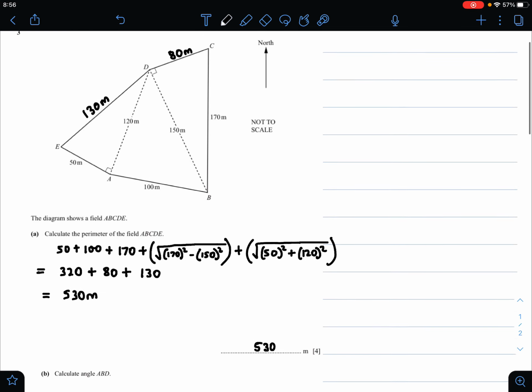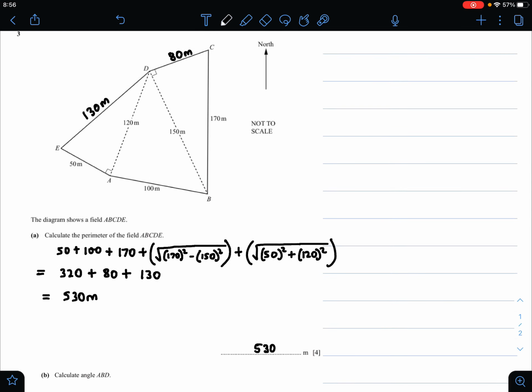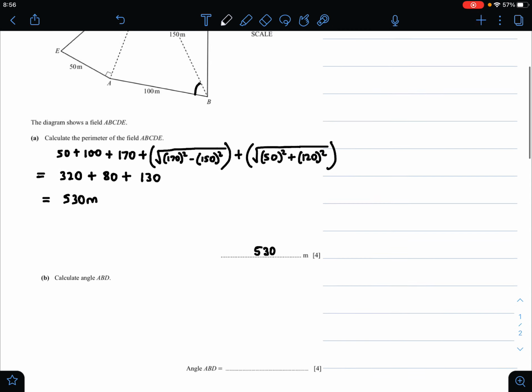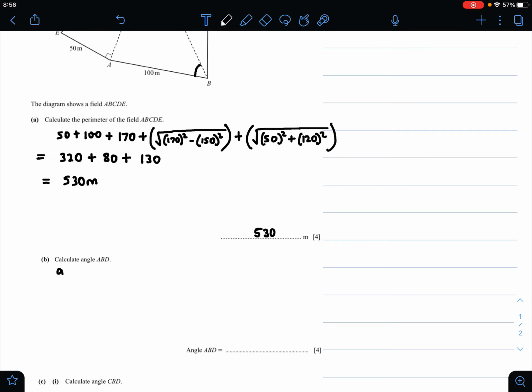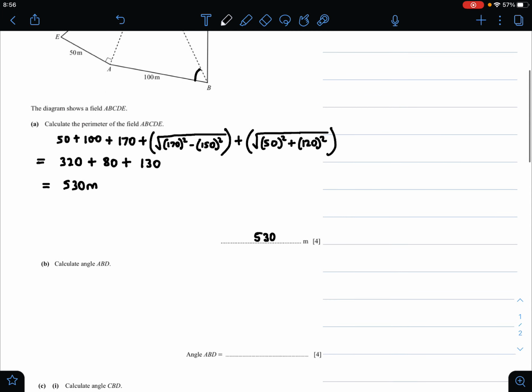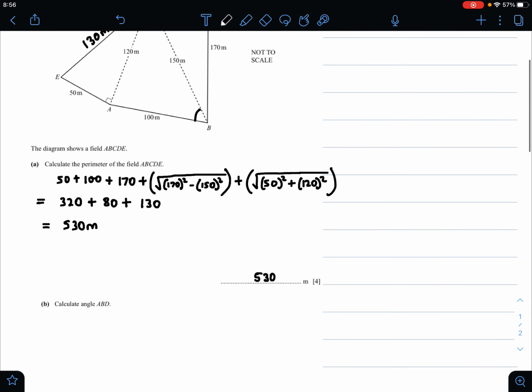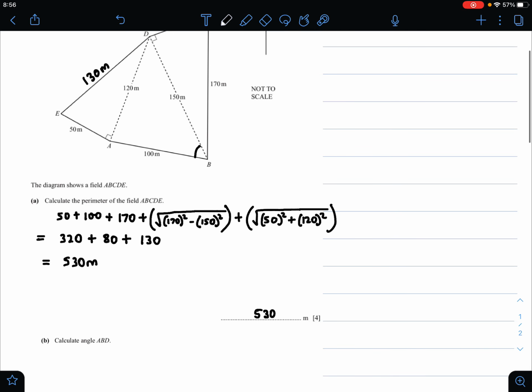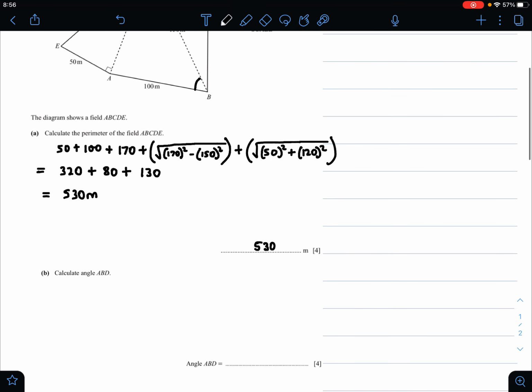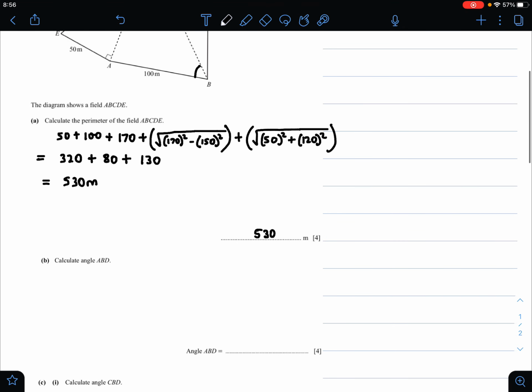Okay, so the angle ABD is this angle, and how we do that is by using the cos rule. So the cos rule is a square equal to b square plus c square minus 2bc multiplied by cos A, and in this case we have to find the angle, so A would be the variable that we need to find. Now the three sides are 120, 150 and 100. Now the side opposite to the angle that we are finding has to be a, so that would be 120 square